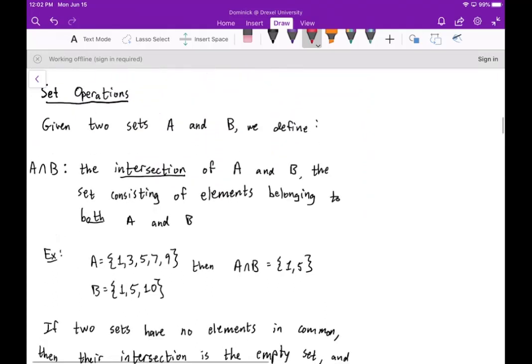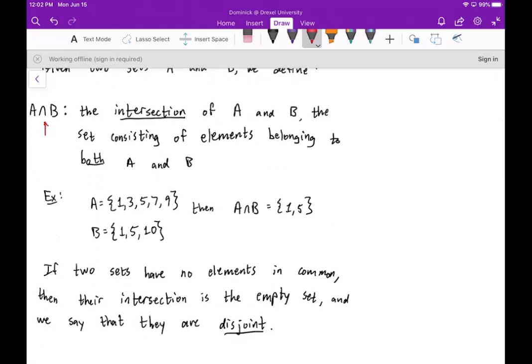Now, the first one that we're going to talk about is where we have A and then sort of an upside down U and then B. We use that to form the intersection. The intersection of two sets A and B is the set that consists of elements that belong to both A and B. So for example, if we let A be the set of all the odd numbers from 1 to 9, and we let B just be 1, 5, and 10,